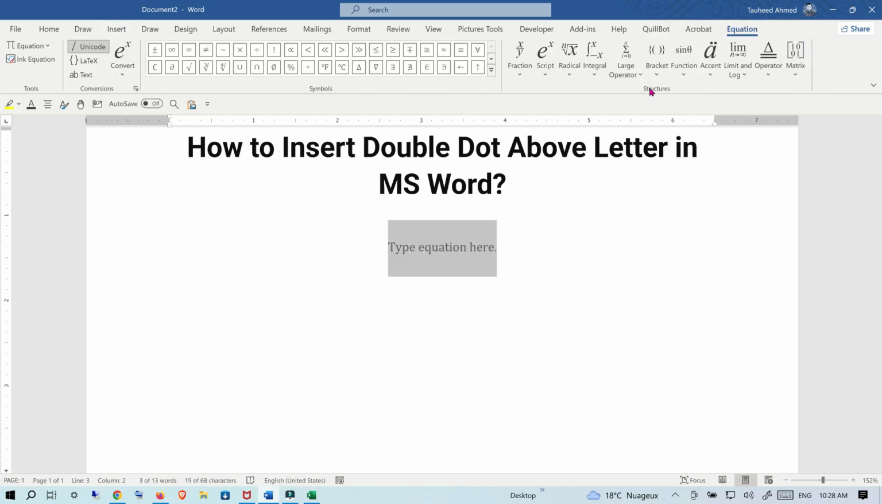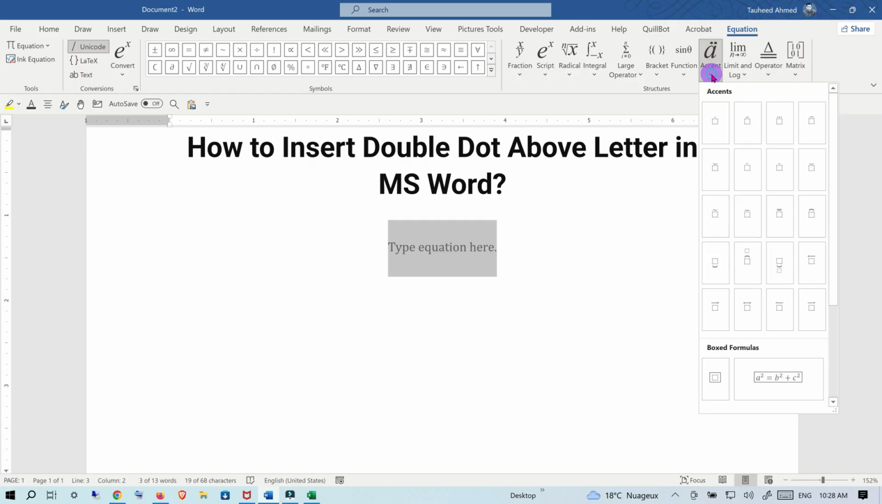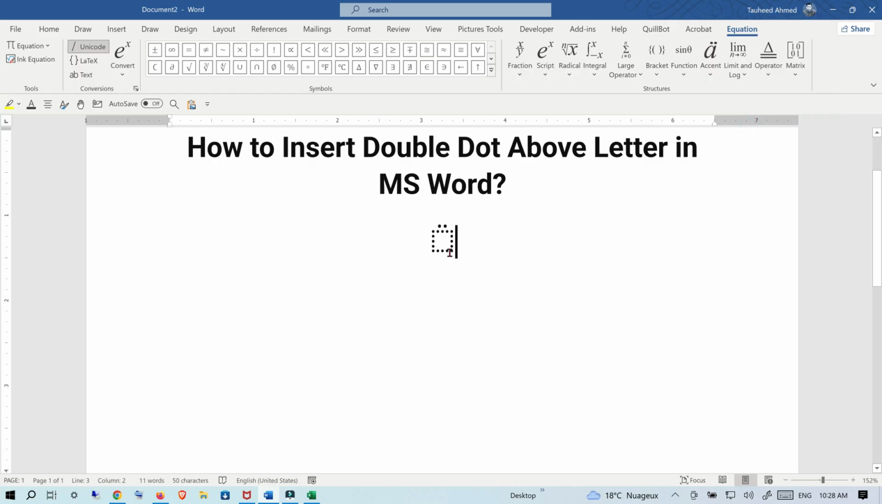And in the structure group, you need to click on the accent and you need to click the double dot and you will see a box appear here. Click inside the box and type the letter, for example W, and now select it, go to the home and